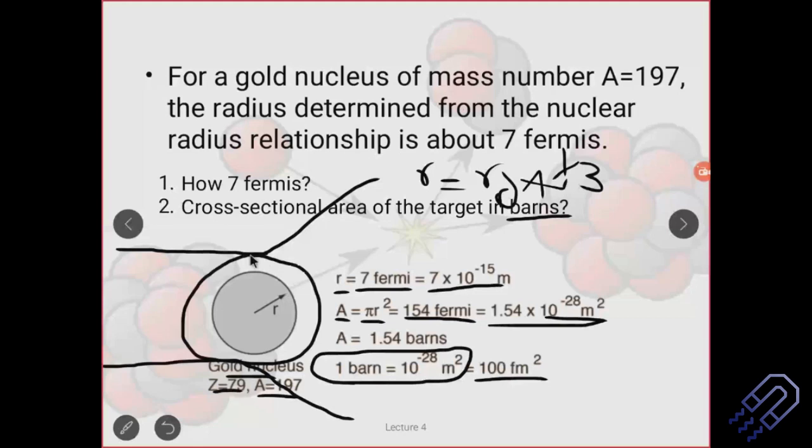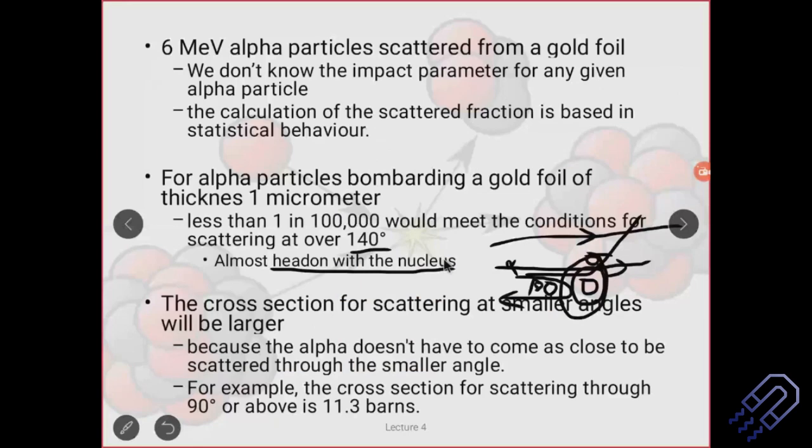But then if you consider the 7 barn that I wrote in the previous number, obviously this is not to scale, but you understand the importance here. This will be nothing but 7 barns. So even if you're at a larger angle, there is going to be some kind of scattering, and it is going to be around this. Experimentally it was observed that for 90 degree, it means something like this: it will go here and then it will directly go in this direction.